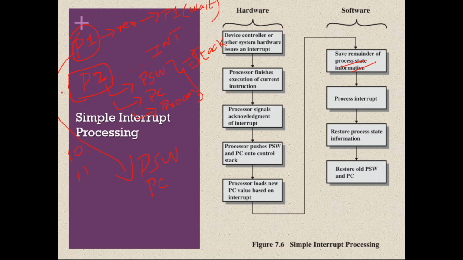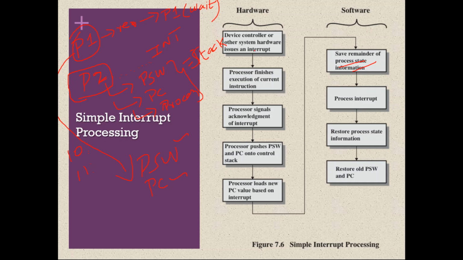For that it has to load the program status word, the content of program counter and process state information of P1. It should load those information of P1 back from the memory, then back to the respective registers. That is, PSW will come to the program status word register. The old content of PC which is in stack will come to PC. Like that, respective things will come to the respective registers. Once that is done, CPU can start resuming executing P1. So that is what is shown in this diagram.